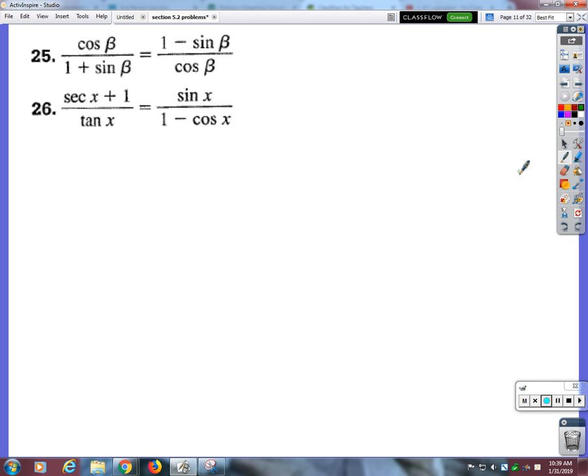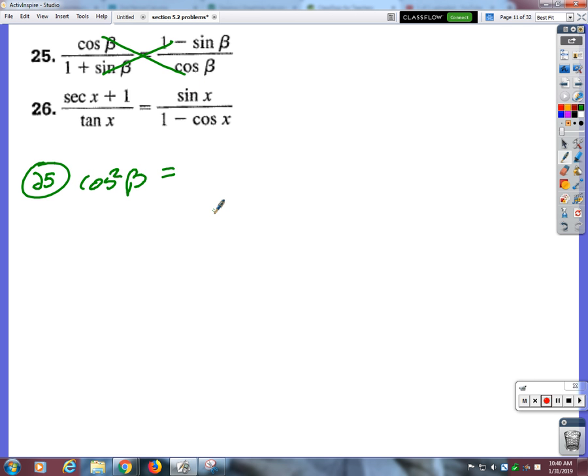All right, 25. Okay, so speaking of which, 25, Cole, we do have to use both sides because there's nothing I can change cosine beta into. There's nothing I can change 1 plus sine. I don't have any squares. They're already in terms of sine and cosine. So I'm just going to cross multiply these things. So if I cross multiply these two together,